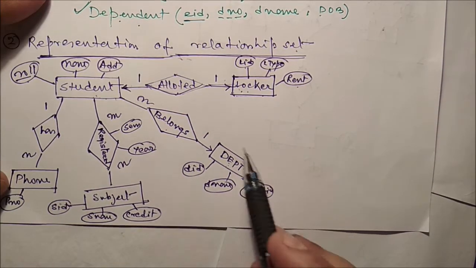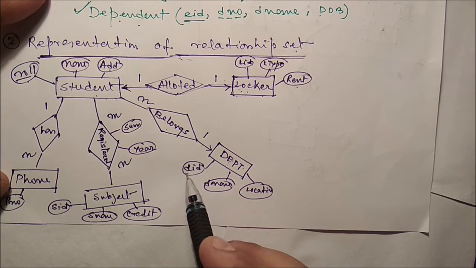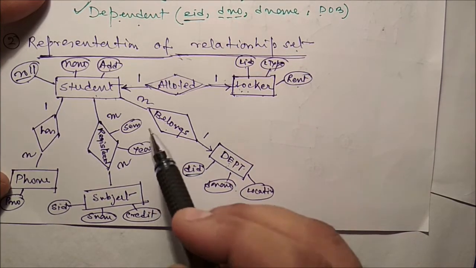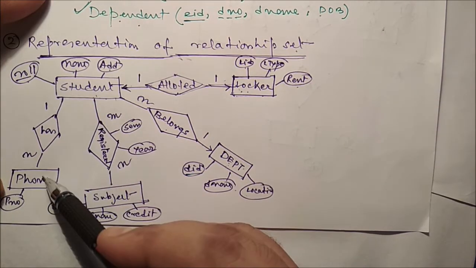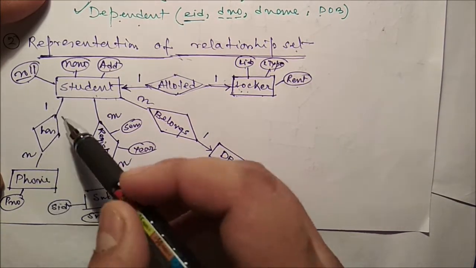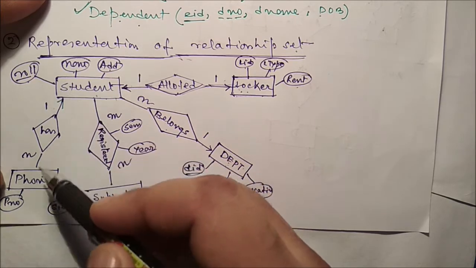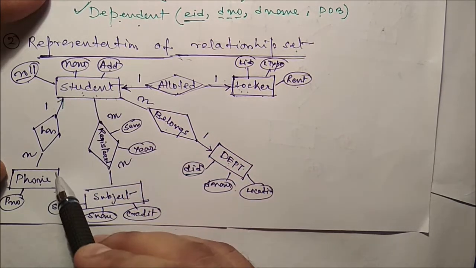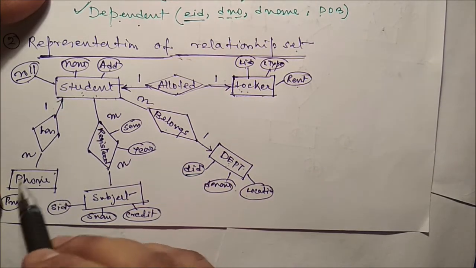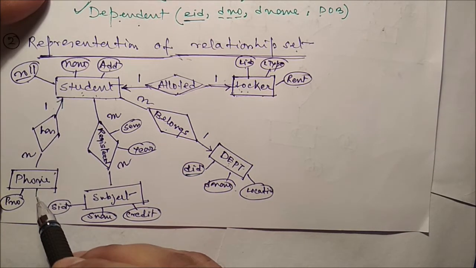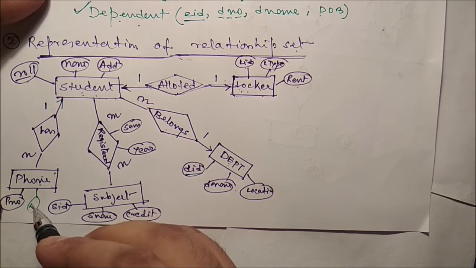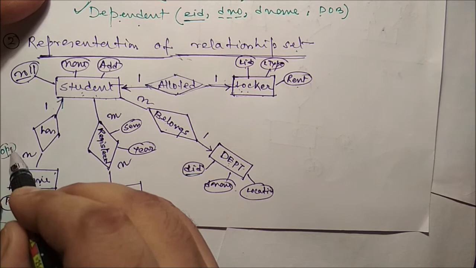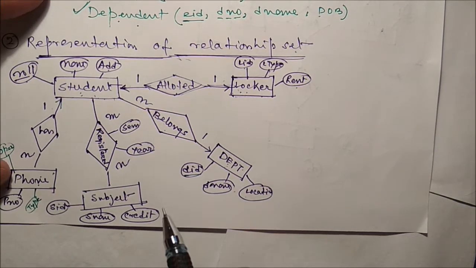So department, here the attributes are department ID, which is the primary key, department name, location, HOD. Okay, next is what? The student has phone numbers. So it is a 1:n relationship. That means a phone number must belong to one student, but a student may have more than one phone number. So it is 1:n, and here phone number is there. It may be the type of the phone number, prepaid or postpaid, and the operator of this particular phone number, say Airtel, Vodafone and so on.